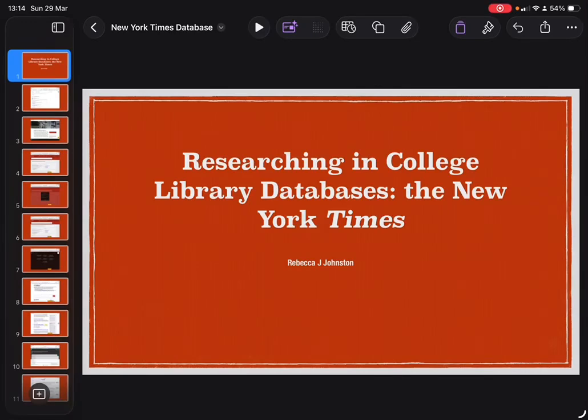Let's talk today about researching in college library databases. Often, when you have to write a college essay, you need to bring in material from a college library. One way to do that and find sources that are usable and also very understandable is to search the New